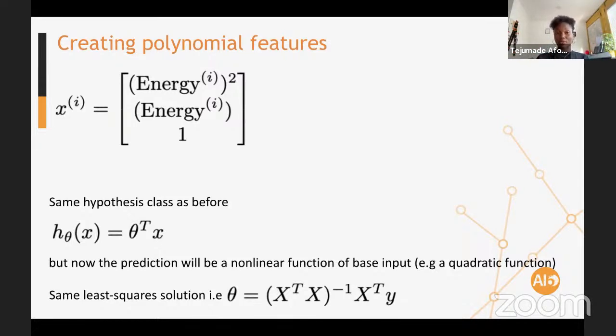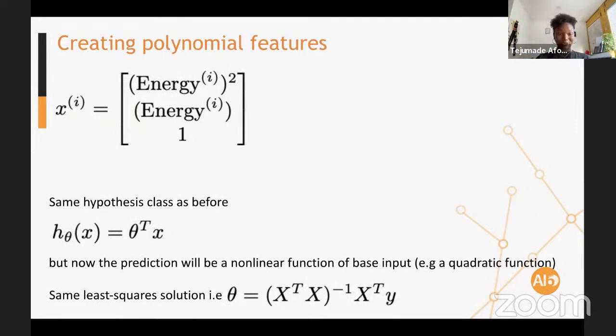We do a quadratic function, which is energy squared. Instead of having just energy, which is one feature, now we square it. We append that, so we have the energy and then the square of it.